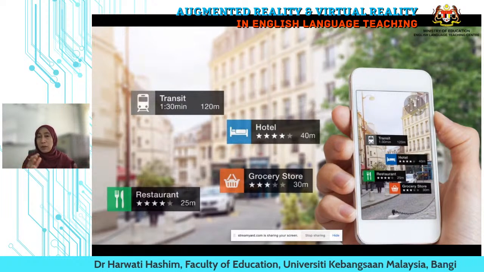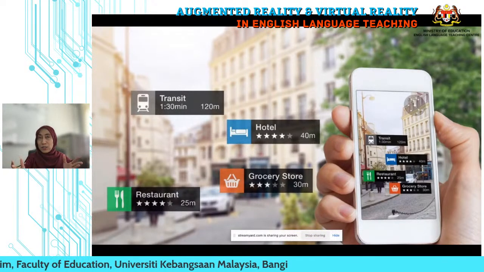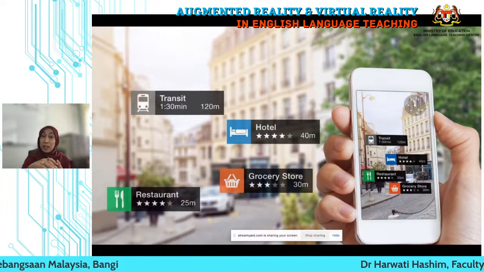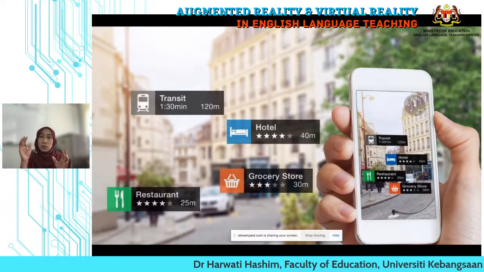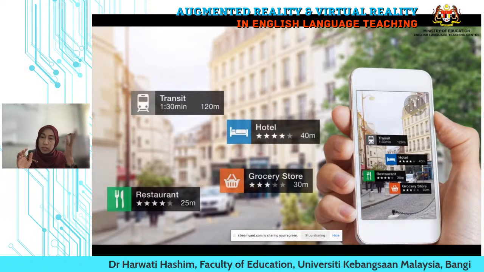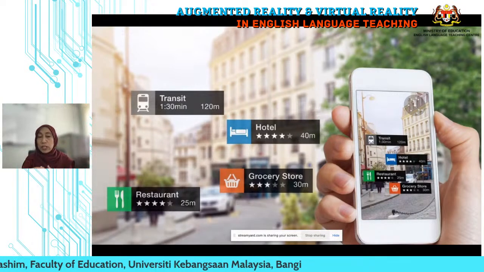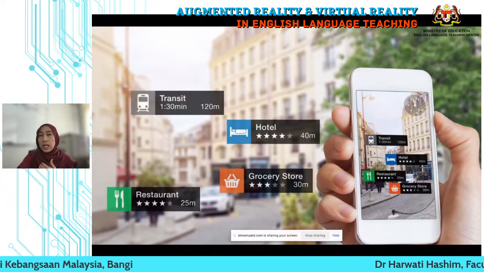And this one is an example whereby, if you want to look for places, you just put your camera to these location-based markers, and when you scan you can see things pop up, like if you were looking for transit, hotels, restaurants or grocery stores, everything pops up in your app.